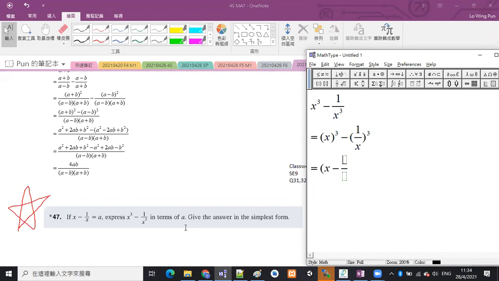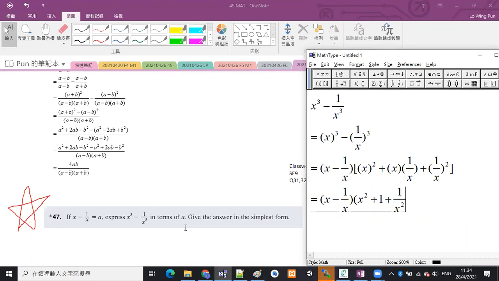It's x minus a minus b, times a square plus ab plus b square. Okay? And then it becomes x minus 1 over x times x squared plus the middle term is 1, and then plus 1 over x squared. It is like this. For the first bracket,